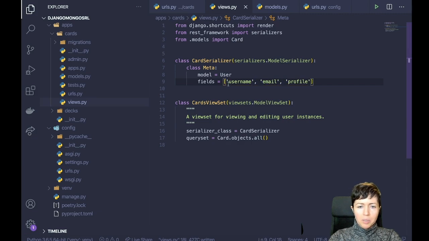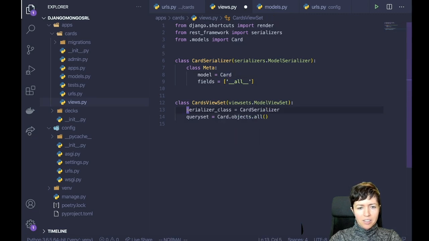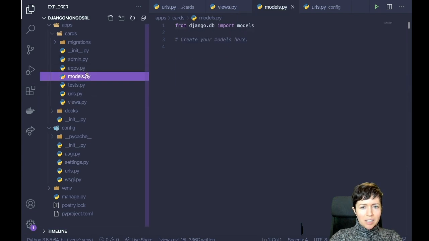So here I'm going to replace these fields. I wonder if I can just pass back all fields, and then the model will be card. Okay, so now I need to go create that model. Oh wait, get rid of this irrelevant comment. Okay, so now in the models here,